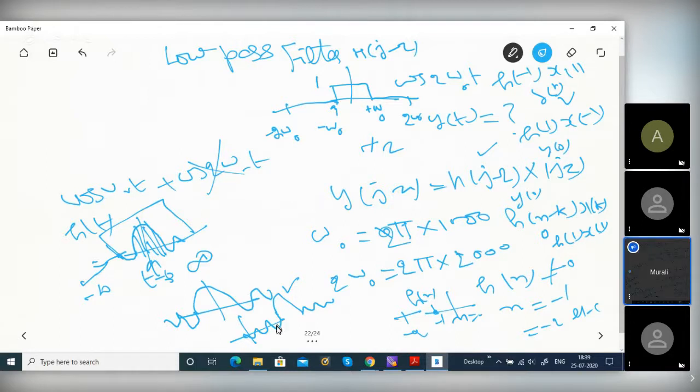So a non-causal system is truncated and shifted in time. This property you have to keep in mind actually. Truncated and shifted. You give a delay. Shift right means delay. So this is non-realizable. Even this is also non-realizable. Even though you truncate it, because this is non-causal, you cannot realize it. But by giving a delay, you make it causal actually. Right? So if you give a signal, output will be delayed by this actually. Output will not come immediately, so you have to account for this delay in the system actually.